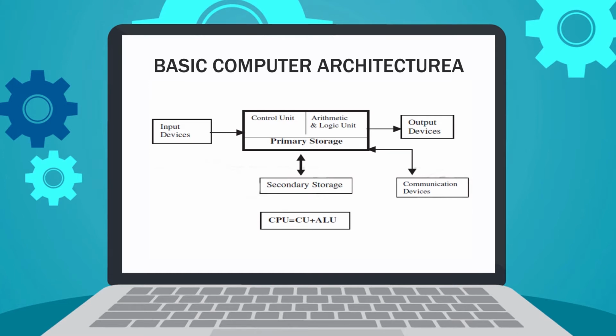If we try to visualize the CPU in terms of a simple block diagram, we can say that the CPU has two major components, or with a simple formula we can represent CPU equals CU plus ALU. CU is the control unit of the CPU, which is responsible for controlling the different activities, and ALU is the component of the CPU responsible for performing all the arithmetic and logical operations. One attached component that is not part of the CPU is the primary memory, or main memory, and all the instructions and data are transferred from the secondary memory to primary memory, and from that primary memory